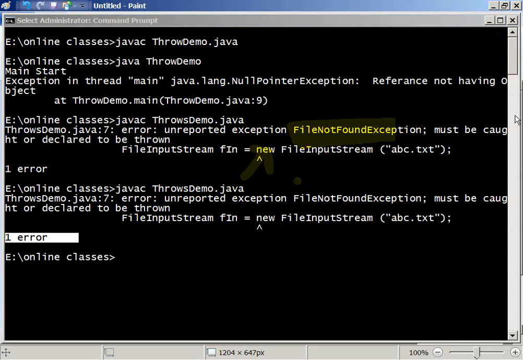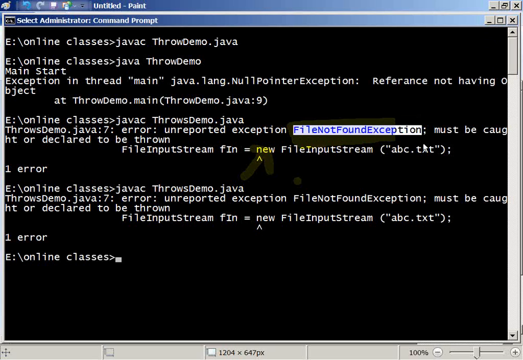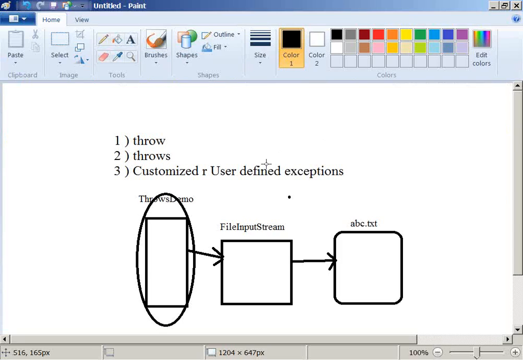So that is the meaning here. When such kinds of exceptions are thrown by other classes, as a programmer, because you are the user of this class, you need to handle this.